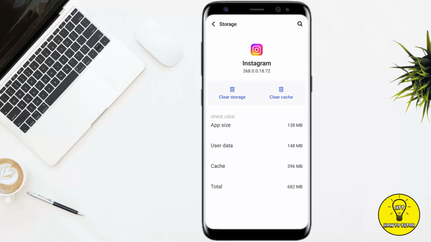But you don't have to worry, because it will not delete any of your personal information or posts regarding your account. It will just log out your account and allow you to use a new and fresher version of the app. So after that, all of the bugs and glitches will be fixed and you can easily use music